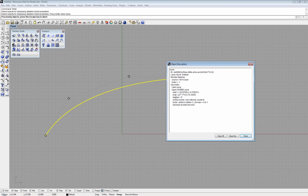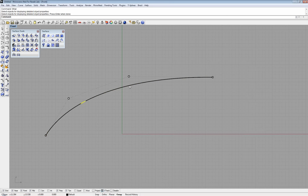Now if you follow that rule, what you'll have is what's called a single span curve. And if you have that count and degree relationship in both the U and V direction of the surface, then your surface patch is also considered single span. Now the reason to model with single span when possible is that it creates less of an opportunity for any discontinuity within the curve. So to show you a little bit about what I mean, I'm going to run the